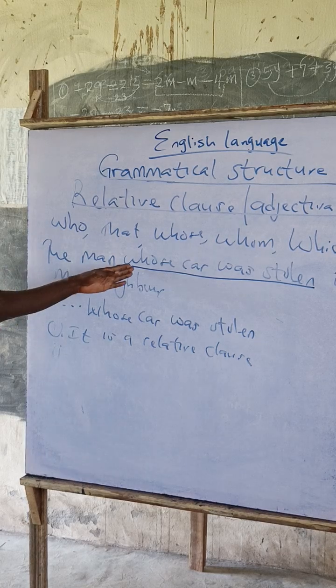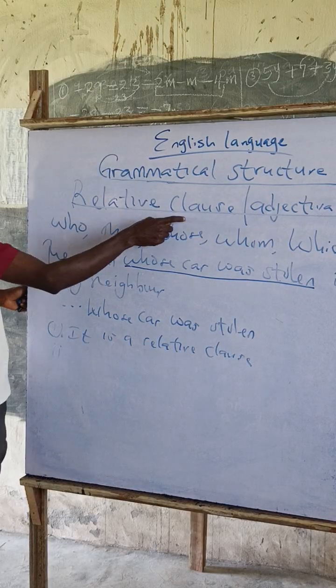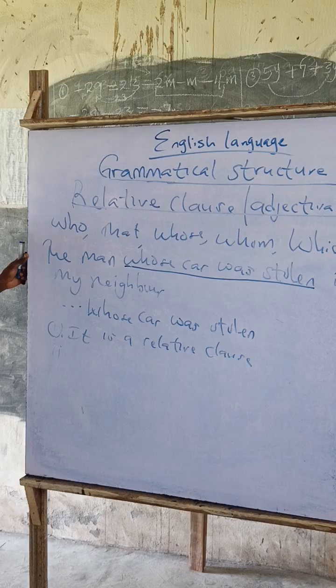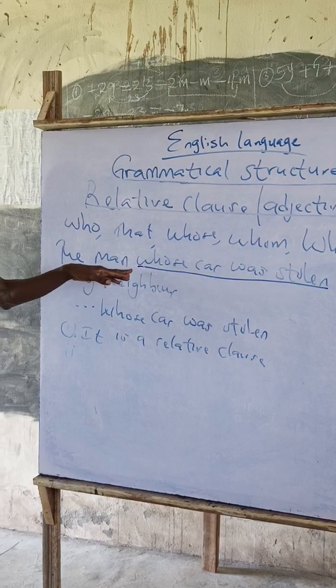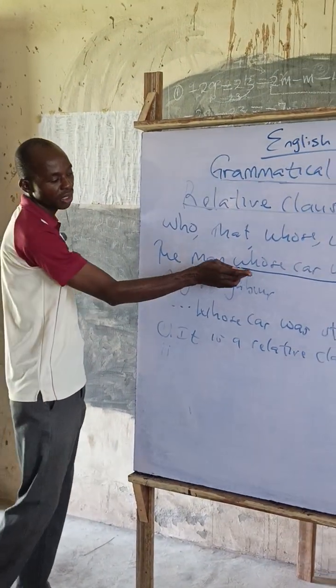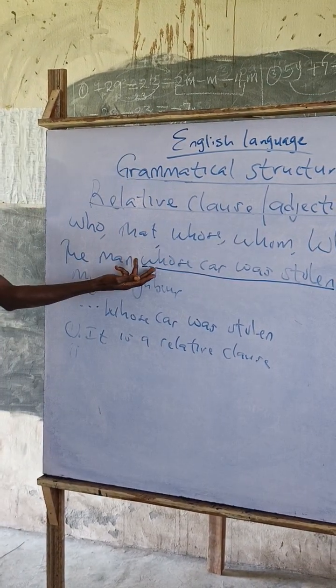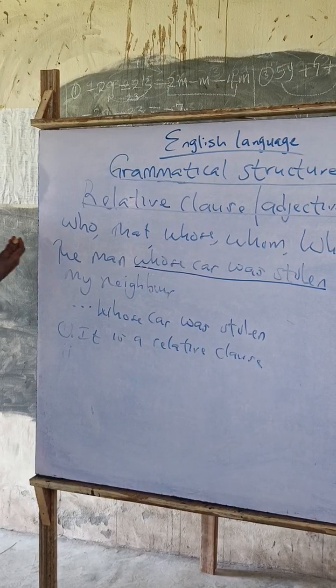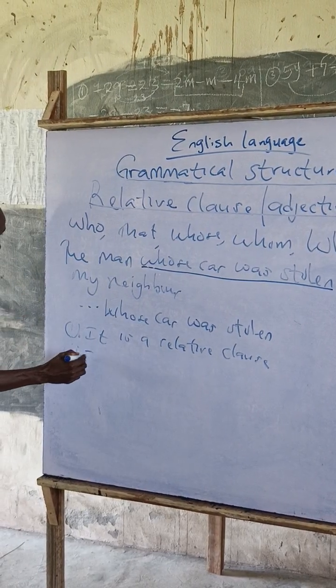The first noun you are going to see before this whose, the first noun or pronoun. Don't forget, a relative clause or adjectival clause, an adjective qualifies a noun or a pronoun. And so you are going to look to the left like this. The first noun or pronoun you are going to see when you are tracing it is what it is going to qualify. And so if you trace it now from this indicator, either of these, we pick one, which is this one, whose, you trace it back. The first noun you are going to see, you are going to say it qualifies